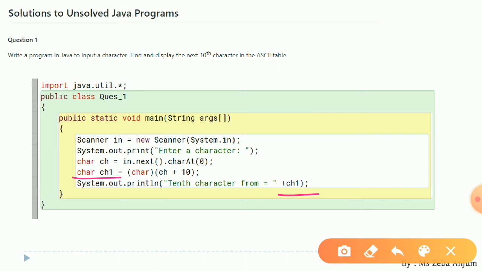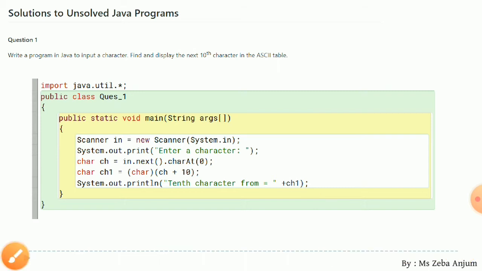Okay, I hope question number 1 is clear to you. Now moving on to question number 2. See, write a program in Java to input a character. Display next 5 characters. Now my dear students, there is a slight difference between your question number 1 and question number 2.